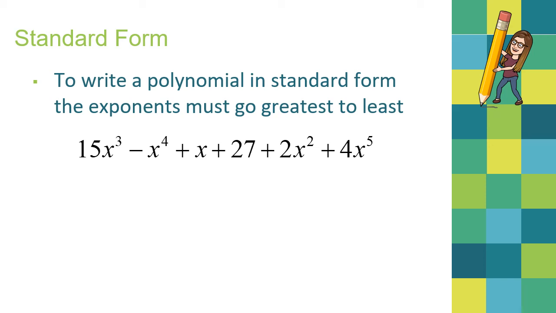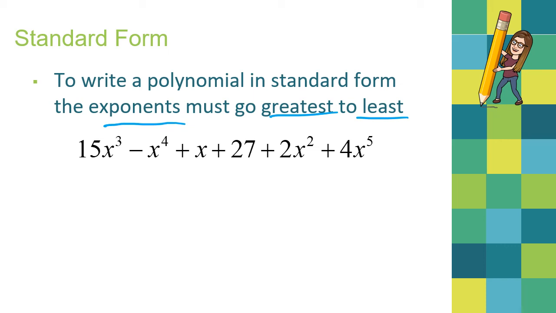Let's talk about standard form, okay? So here our goal, if I ask you to write something in standard form, that means all the like terms have been combined, and we're going to write it with exponents from greatest to least. So here's the way I think of it. Write your polynomial pretty. You're going to hear me say that, meaning in order, meaning what you can combine is combined. So if I take a look, I don't have anything I can combine on this one,